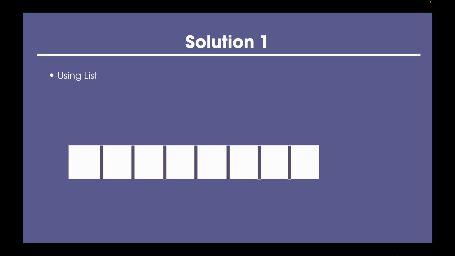Let us first visualize the solution using a simple approach. We will use a list to solve this problem. Say if we want to generate the sequence of numbers of length 8, then we will define the list of the same size. Remember, the list index starts from 0. Let's define the base conditions in the list